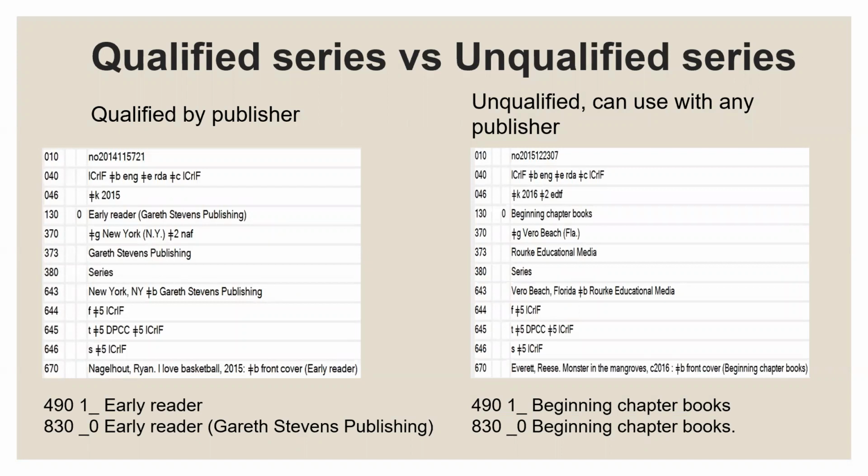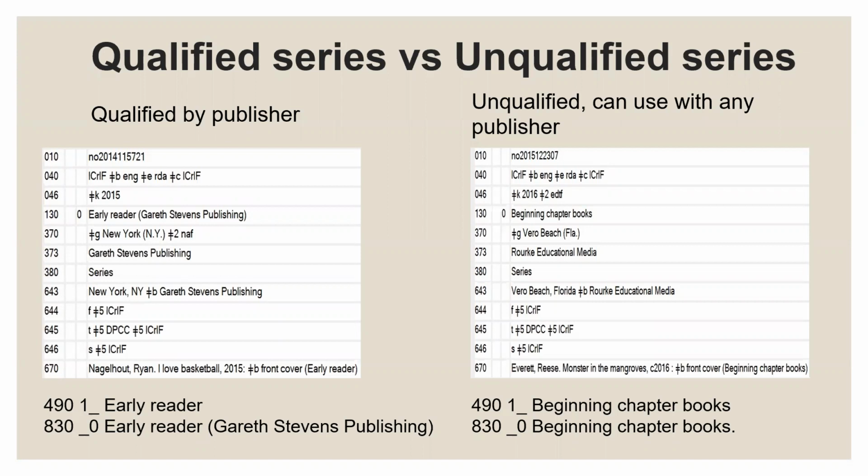So within these two series, we have something called a qualified series, and we have an unqualified series. There are many instances when an SAR has been qualified for a specific publisher or a specific place or something like that. That's usually because the series title is generic enough that they need a way to distinguish this series from another series. So when you have a series that's been qualified to a specific publisher or place, you can only use that SAR for the item that you have. So if I have a book in hand, I'm looking at the authority record, the qualified one by publisher on the left-hand side.